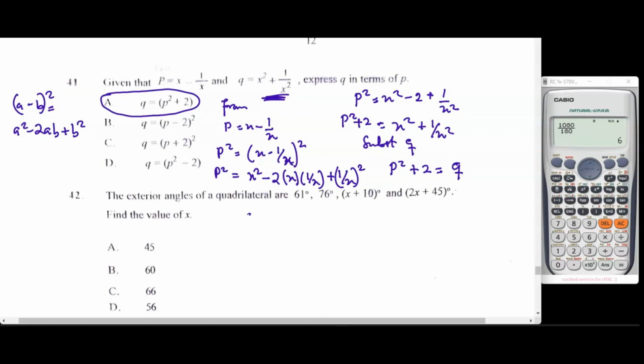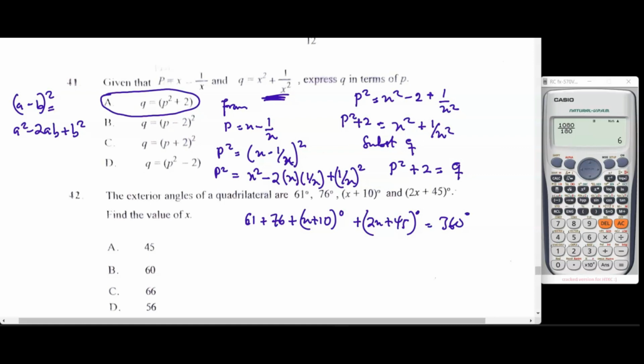So that's going to give us 61 plus 76 plus (x plus 10) degrees plus (2x plus 45) degrees, and this must be equal to 360 degrees. So simplifying, then